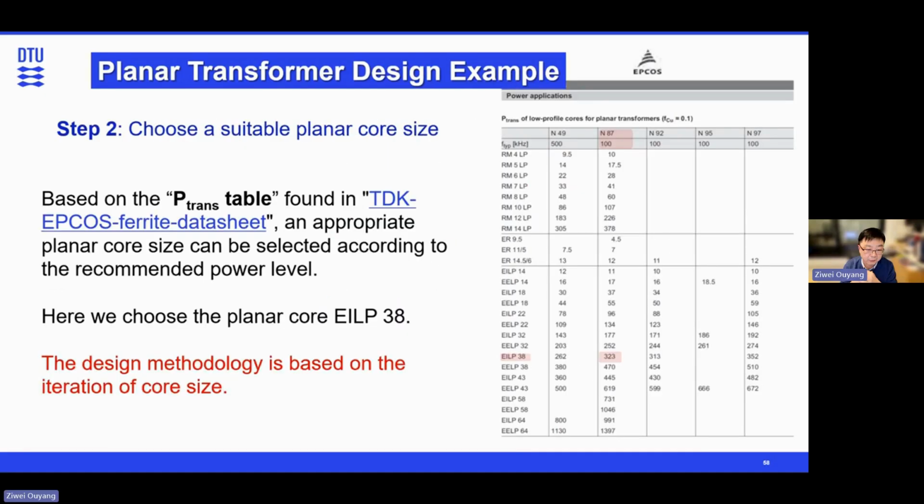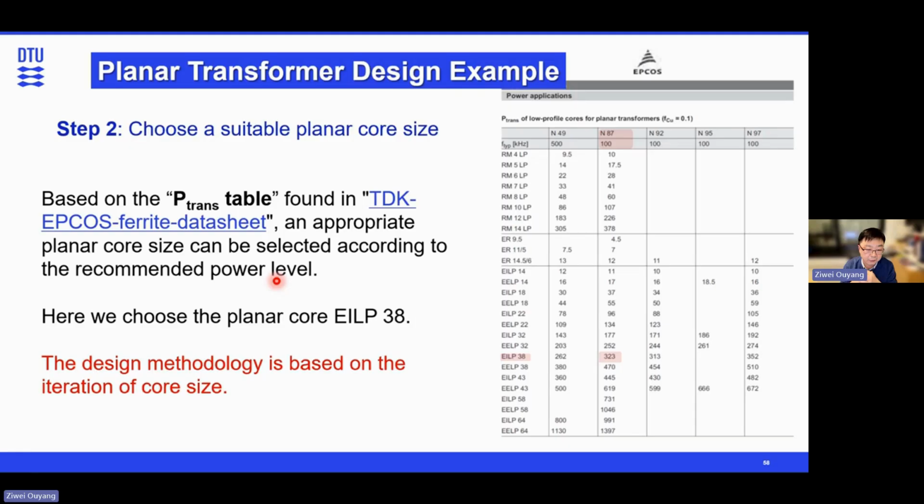And then step 2, we choose a suitable planar core size. There are many different approaches to designing the core, and the approach I'm using here, I think, is better for a beginner. We choose the core based on the power level, and our design methodology is to iterate